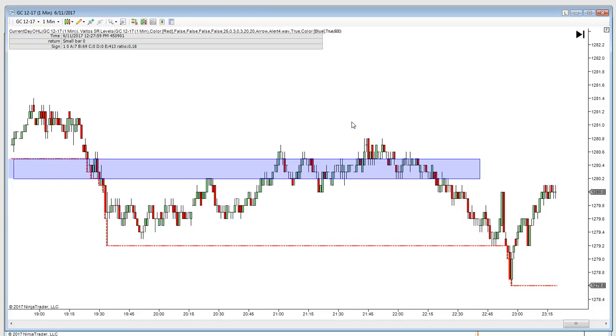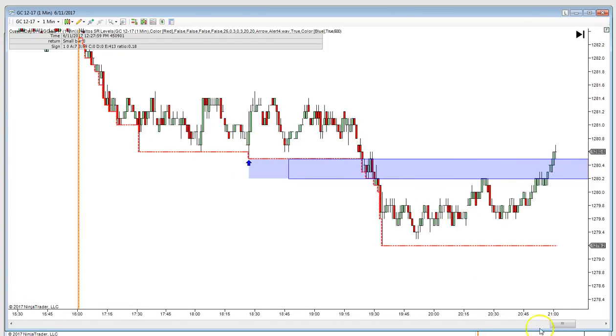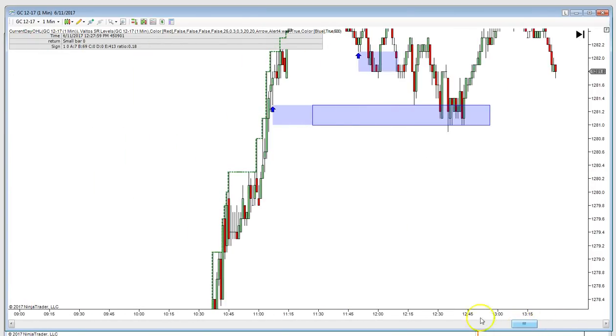Again, I'm not a big advocate of trading some of these markets in the evening sessions, but if you were, that's how you can do it. I mean, there's many different ways to trade this. So I'll show you the euro currency. Euro currency had a big move, but as far as this indicator went, because I was using a support and resistance level, I was using a volume threshold of,